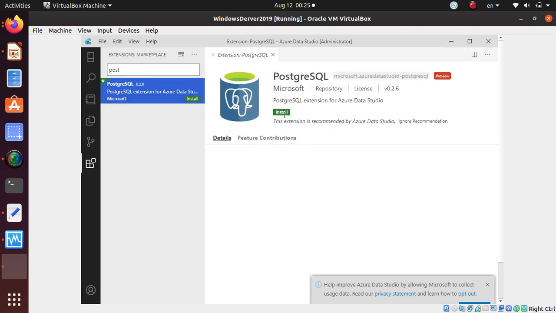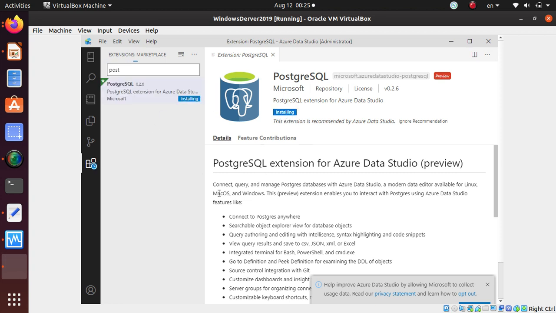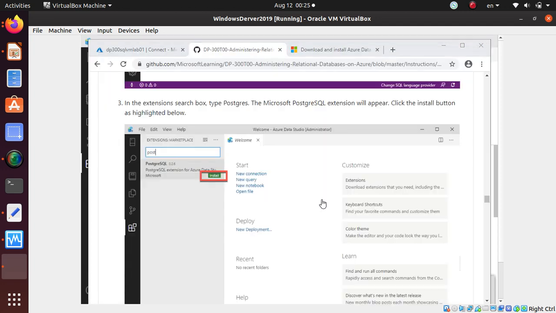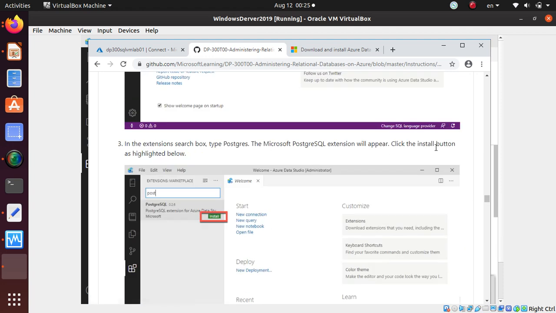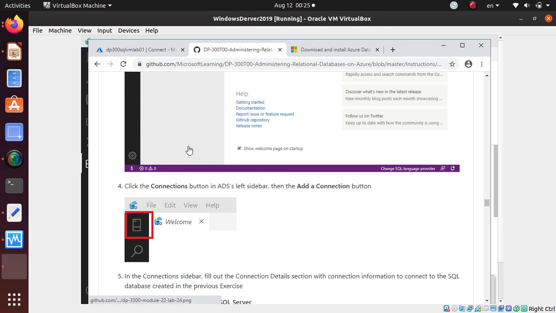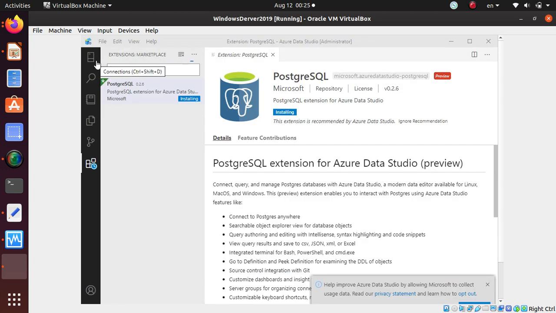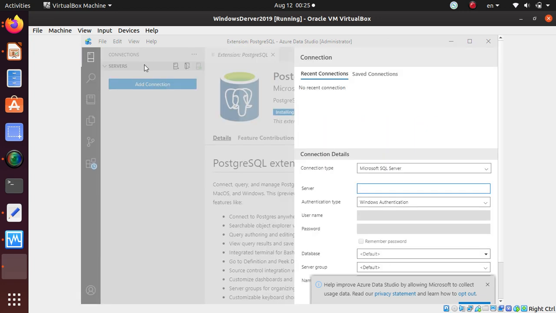This experience is exactly the same as Visual Studio Code, which I really like because I'm kind of used to Visual Studio Code. So now it's the install button as highlighted below. Okay, click on the connections button in the ADS in the left sidebar, and then the add a connection button. So over here, this installation is going on. So you can click on this button and click on add a connection, and here you need to provide